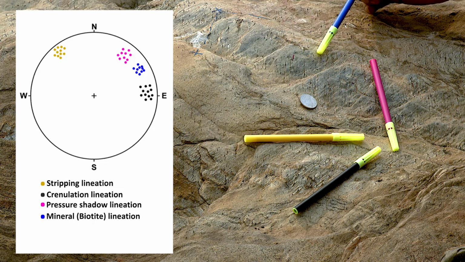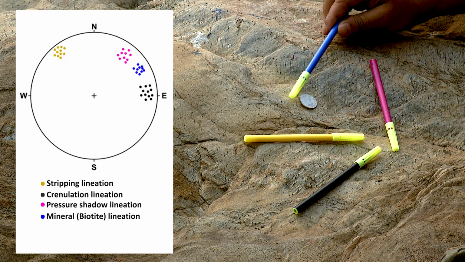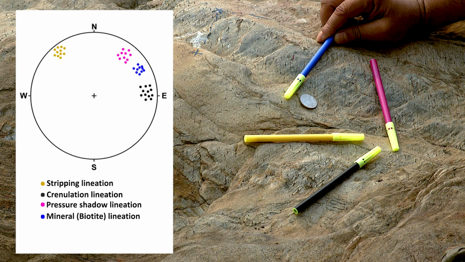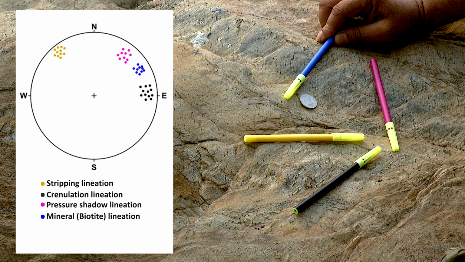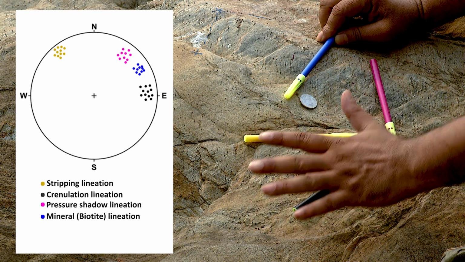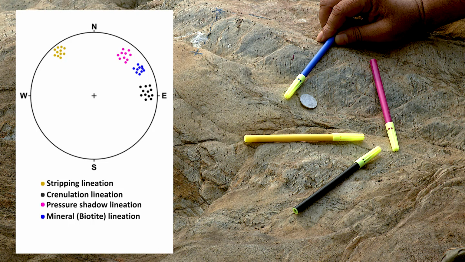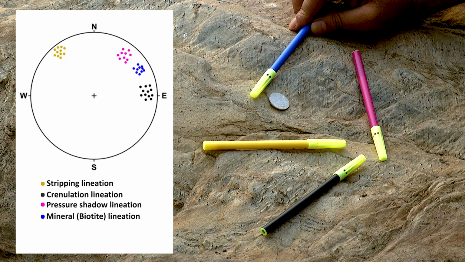I hold it like this. So, you can see the lineations are like this, and I am holding it in this form. So, you see how beautiful this little exposure is and how much information you can extract to interpret the regional deformation. First of all, we are looking at a foliation surface, which we have identified as continuous foliation, and this